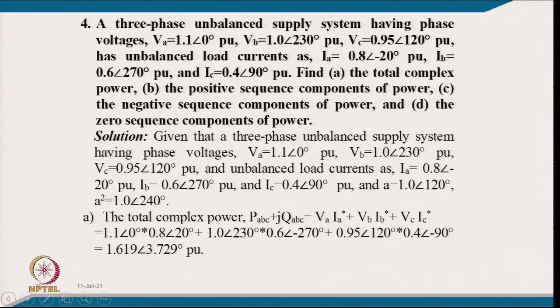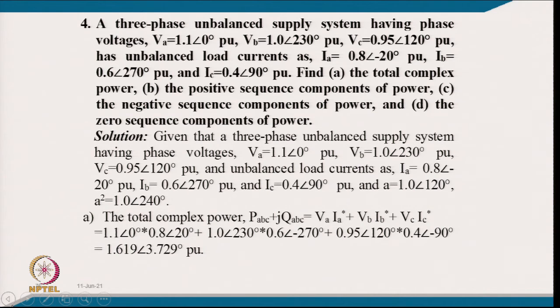Coming to another example, the fourth example: a 3-phase unbalanced supply system having phase voltages VA equal to 1.1 at 0 degree, VB equal to 1.0 per unit at 230 degree, and VC equal to 0.95